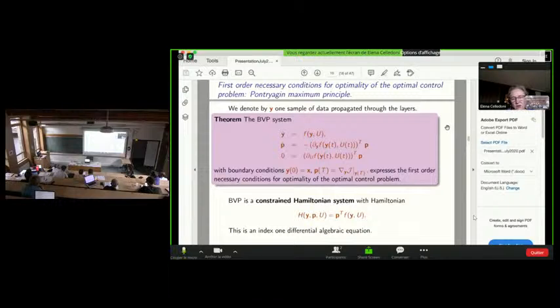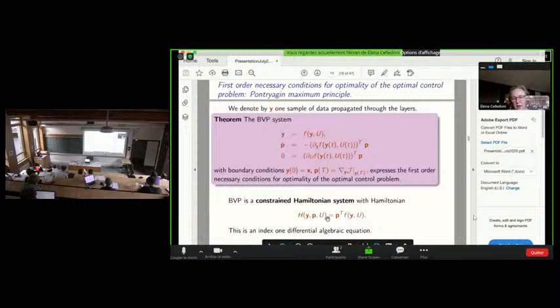First thing one has to remind oneself is that the optimal control problem is strictly related to a boundary value problem. A Hamiltonian system boundary value problem of this format, which is given by these equations, which express the first order necessary conditions for optimality of the optimal control problem.